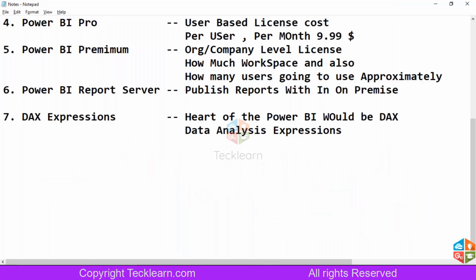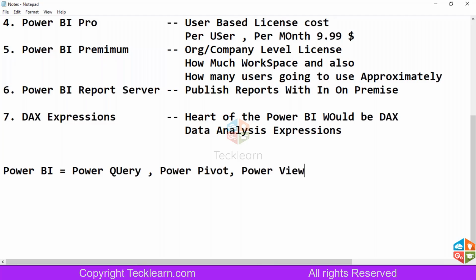Because Microsoft Excel and Power BI are both from the Microsoft company, most of the features are integrated from the Excel file. So to be simple, Power BI is nothing but Power Query, Power Pivot, Power View, I could say, plus